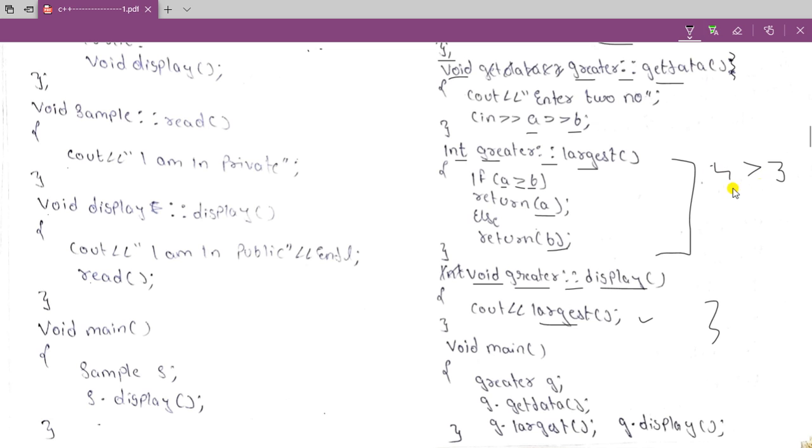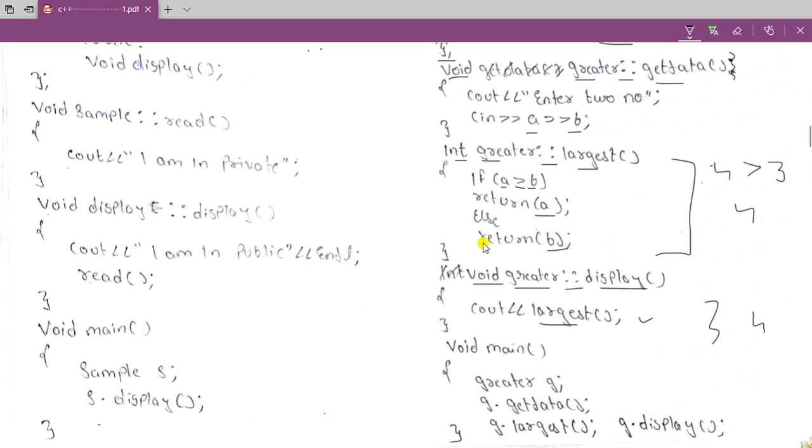If a is greater than b, then which value is returned? The value 4 will be returned, and it is printed in the display function. When we access the display function, the value 4 will be printed. We just return the value here, and it will be printed here because we have printed the function itself. I hope you are getting it.